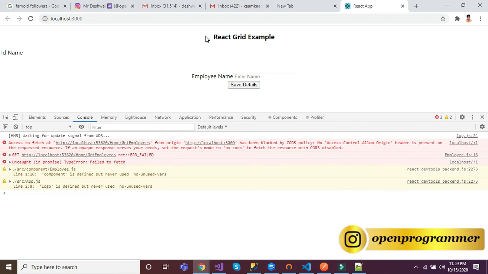Now you can see: access to fetch at this complete URL from origin, that is my React URL and that is my web API URL, has been blocked by CORS policy, no access control allow origin header is present on the requested resource. So at this time we get this kind of error, and let me show you how to resolve it.